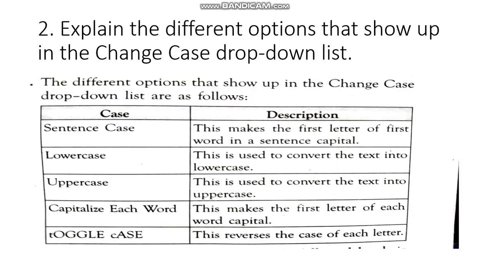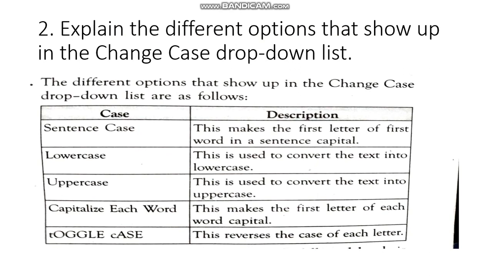Okay. The second question, explain the different options that show up in the change case drop down list. Answer, the different options that show up in the change case drop down list are as follows. Case, sentence case, description.